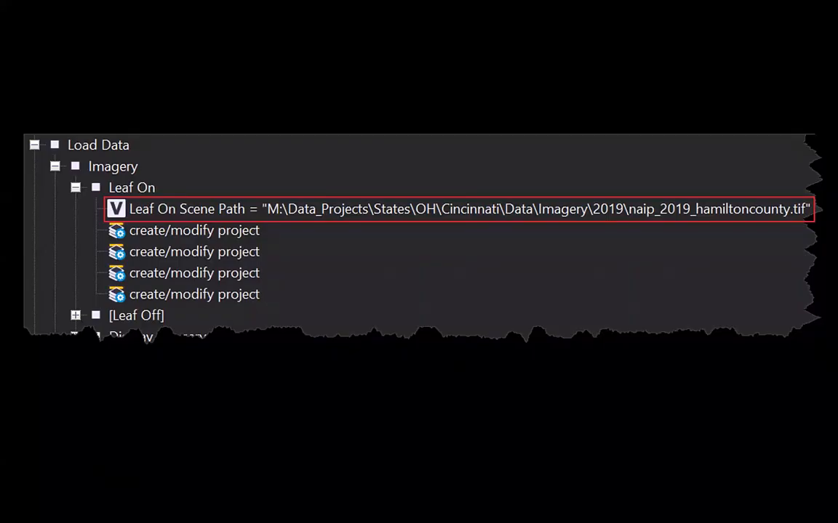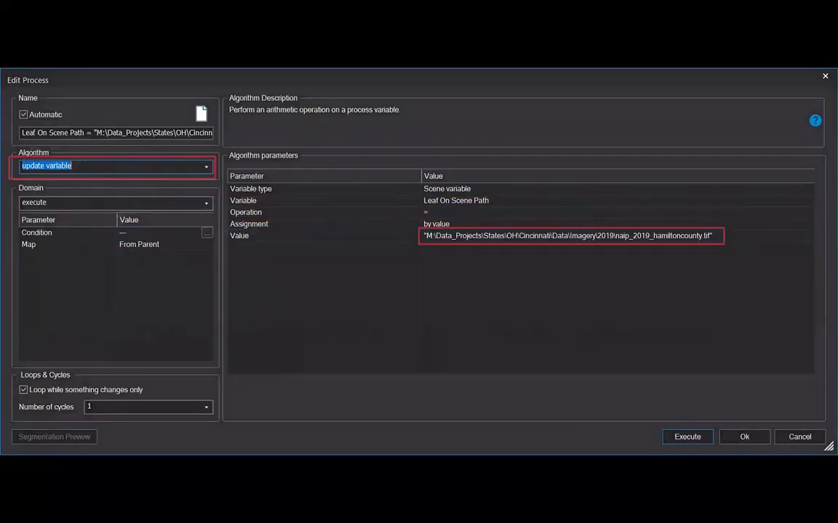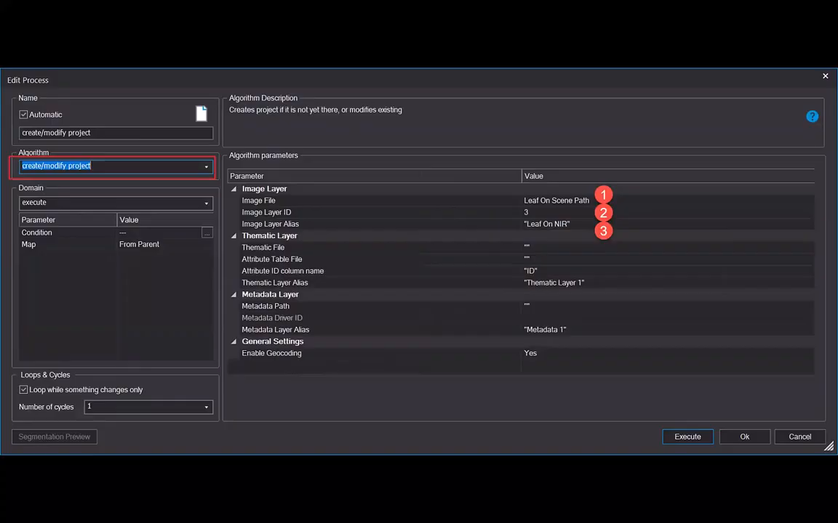The little tip around this is that when you load data in, especially if it's multi-band imagery, make sure you use the create modify project for each and every band in your image data set. In this case, it's aerial imagery, and it has 4 bands associated with it. I use a variable up front to specify the path to that particular raster data set, which is a geotiff. Here's me setting up the variable, which is the path to that particular raster data set. And then I use that variable called leaf on scene path when I use the create